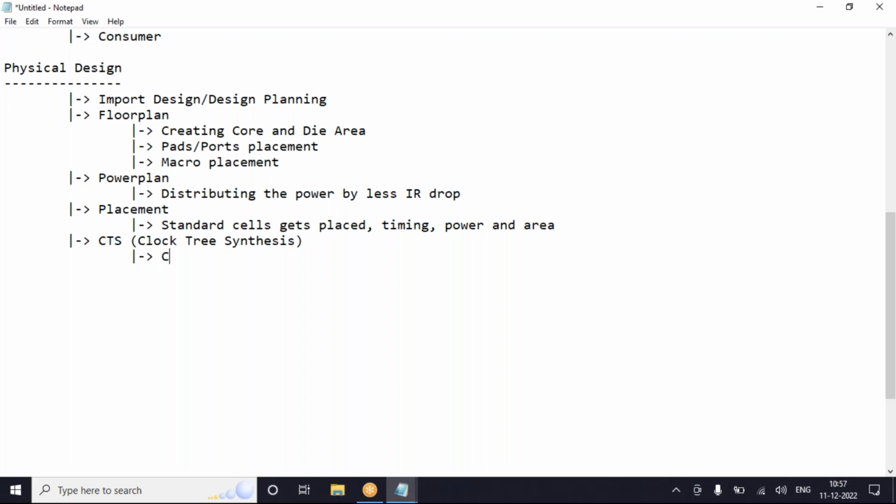So the clock tree gets built, making sure the sequential cells get clocks with less skew and latency. Latency is the delay. Latency is termed as delay.